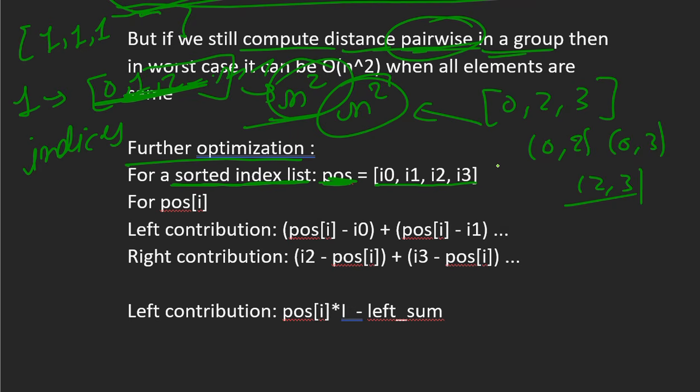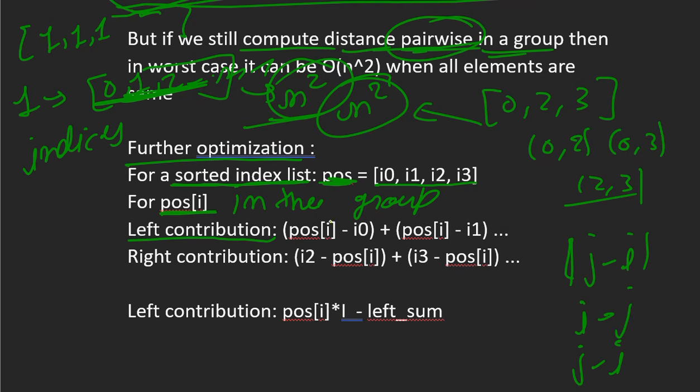Now for the ith position in the group, what will be its left contribution? We have to find j minus i. If j is smaller, the value will be i minus j. If j is bigger, it will be j minus i.